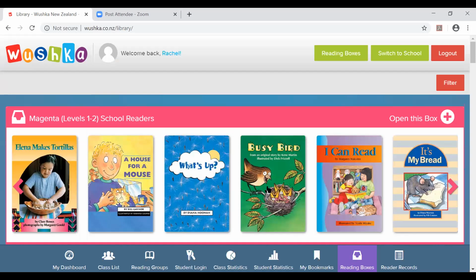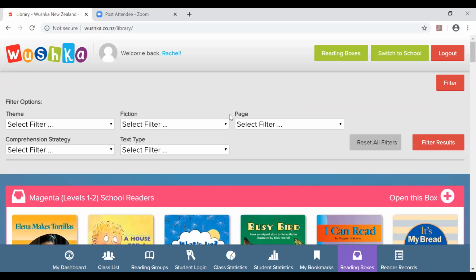All of the teacher resources are actually located under each of the readers, and we're going to go into that a little bit later on in more detail. We'll also be showing you this fabulous function called the filter, where you can filter digital readers, which certainly lends weight to having a digital reading system, because it takes a lot to be able to filter physical books. So that's fabulous. We'll come back to that a little bit later.